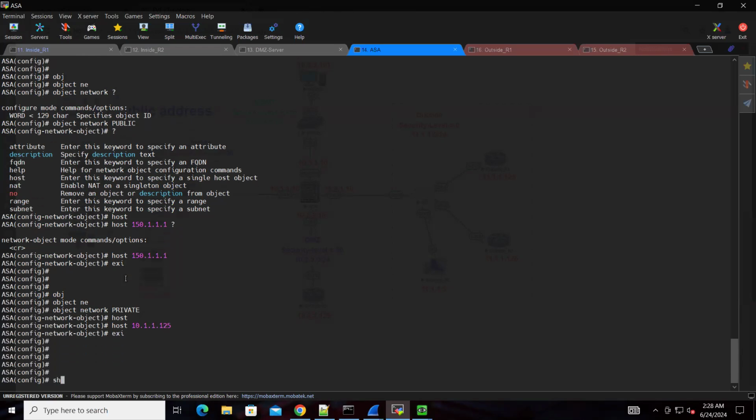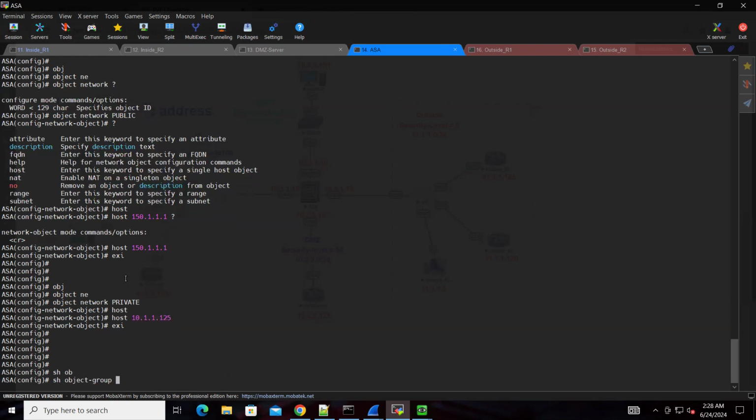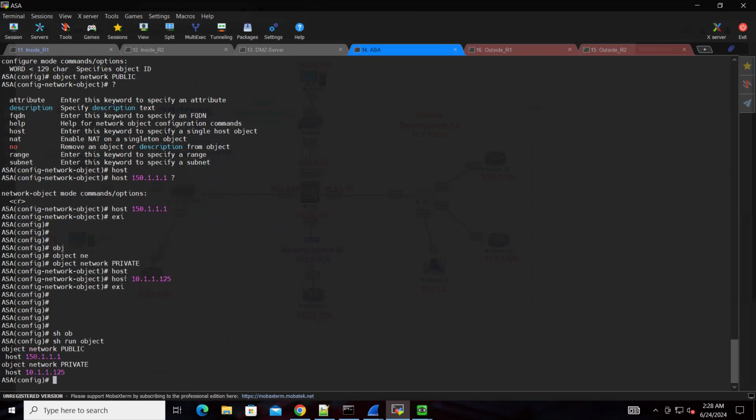So you can say show, or let's say show run, not object group, show run objects. So here you will be going to get the object related information with this command. Now, along with this, you have to see